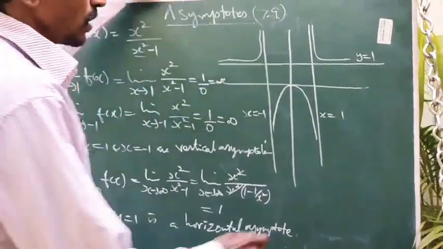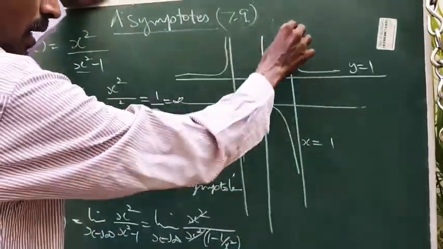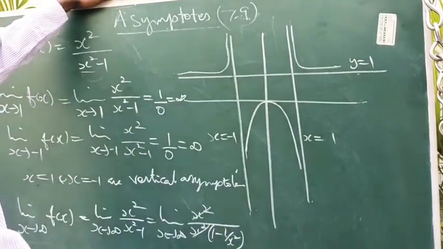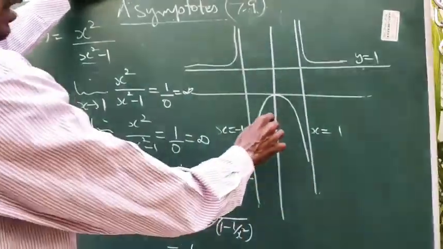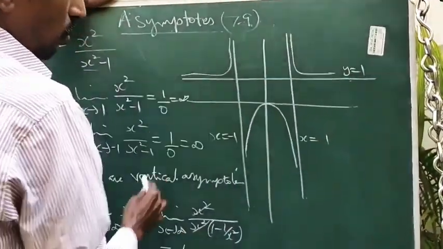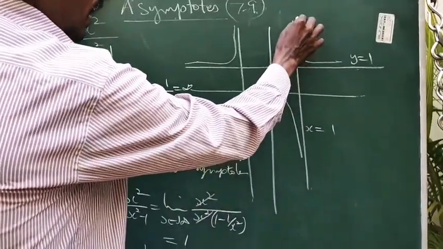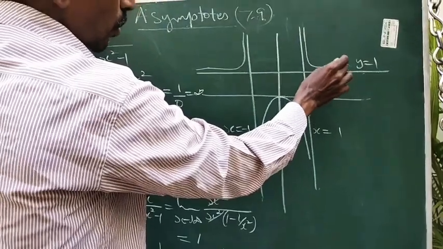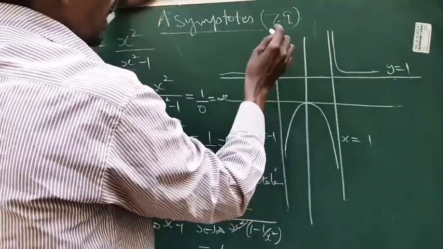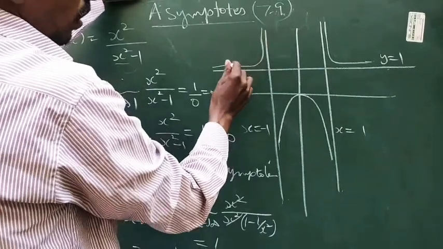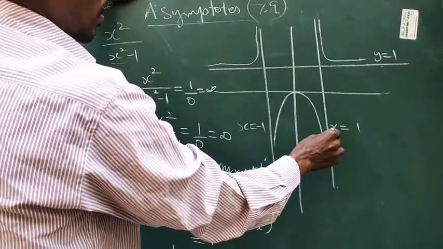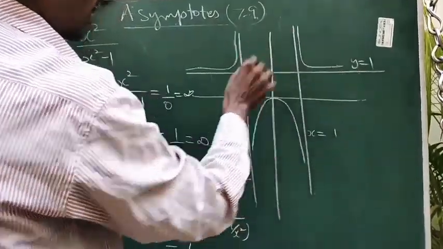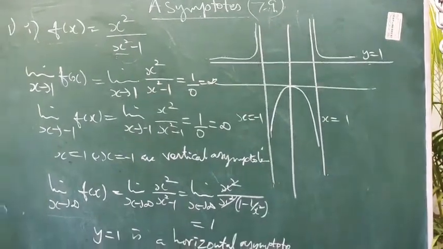Look at the diagram. It is easy to draw the diagram. x equal to 1, x equal to minus 1, both the lines, and y equal to plus 1. For all other values the curve exists. So for the remaining portion we have to draw the curve with the condition that it is asymptotic to those lines. We have to draw as per the asymptotes, asymptotic to these lines. This is the curve for the given function.